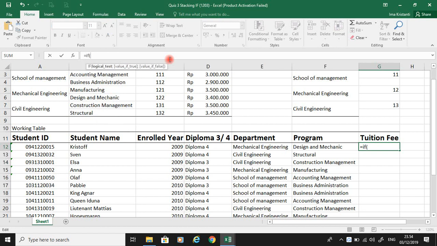So if our department equals School of Management, then if your program equals Accounting Management, then we will put it as 3 million. Other than that, 2 million. 2.9. Finish. And then comma, if